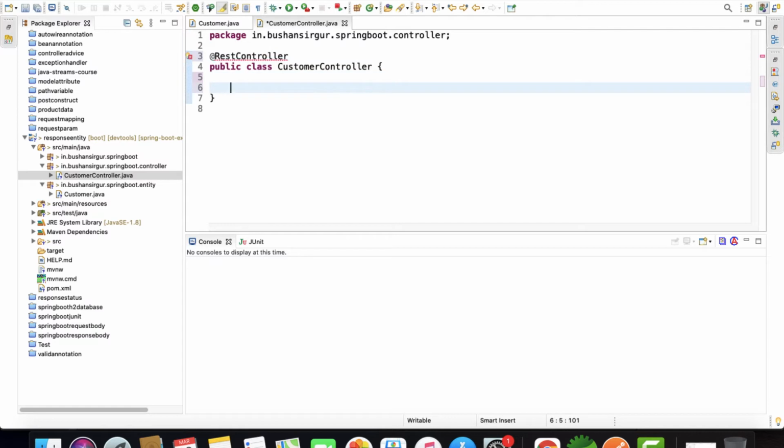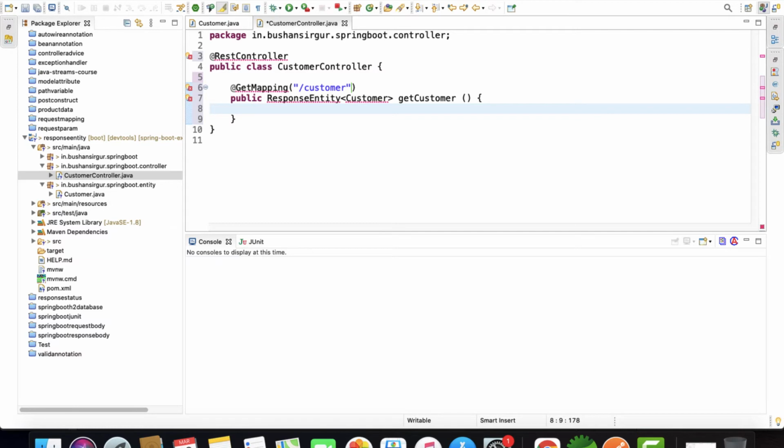Inside this, I'll quickly create a public method, and this will return the ResponseEntity, which is of the type Customer, getCustomer. So let's annotate this with the @GetMapping annotation. The URI is /customer.